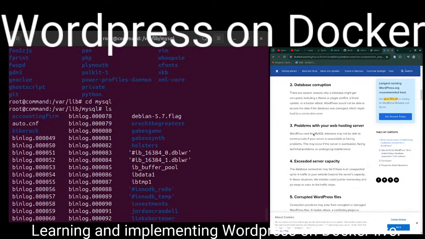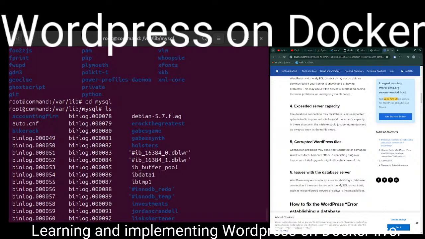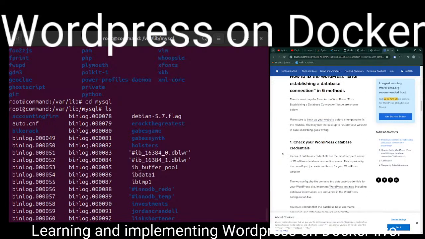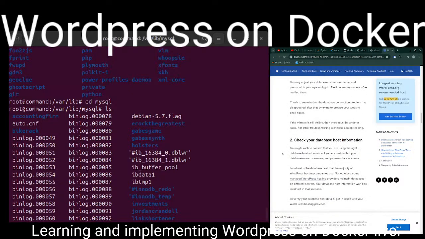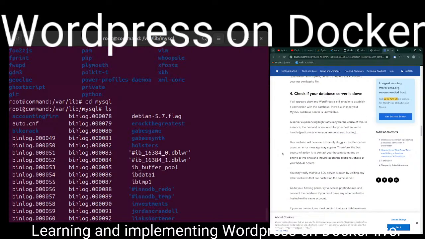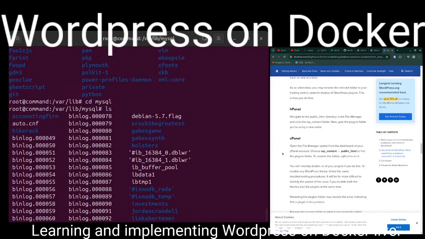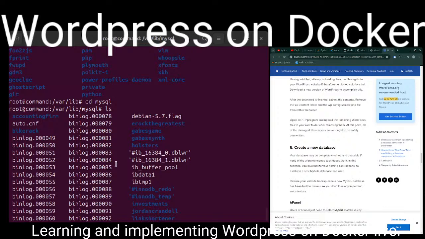Database corruption, problems with corrupted WordPress files, issues with the database server. I have a bunch of stuff already built on this computer, and if it's not isolated from any of this stuff, then